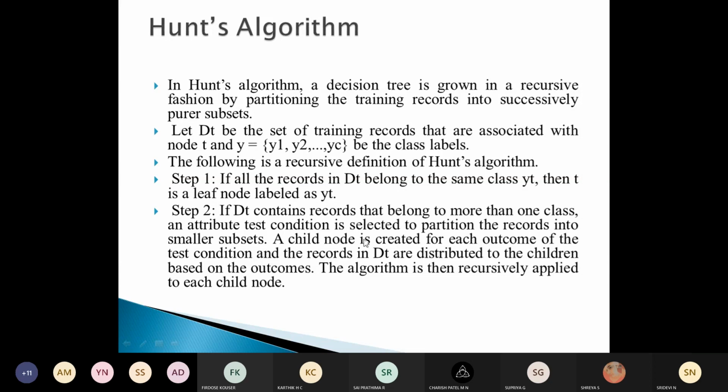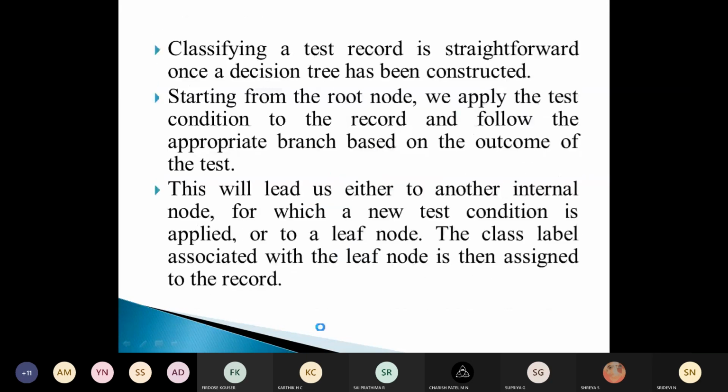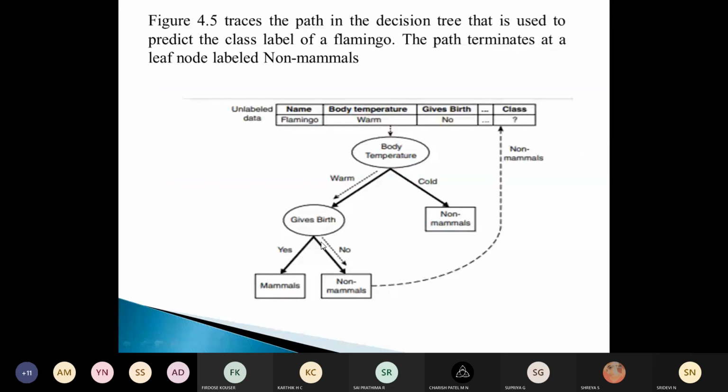Then a child node is created for each outcome of the test condition, and the records in Dt will be distributed to the child nodes based on the outcomes. Then we apply this recursively to each child node, as we have seen here. If this is considered a child node, again depending on attributes we'll further bifurcate.